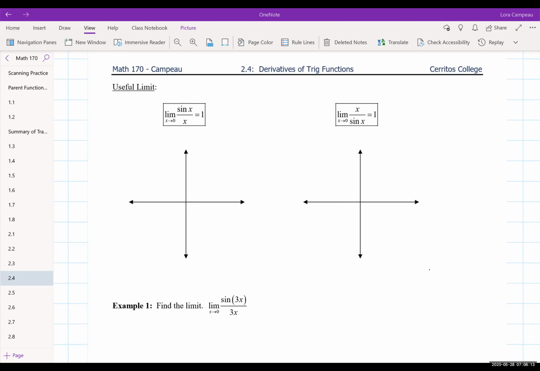In section 2.4, we're going to be looking at derivatives of trig functions now. And we're not going to develop it pretty much based on the limit definition. We're going to be able to utilize some of our shortcuts we learned in 2.3. But I would like to integrate a little bit of trig into finding limits, just so that you guys have some experience